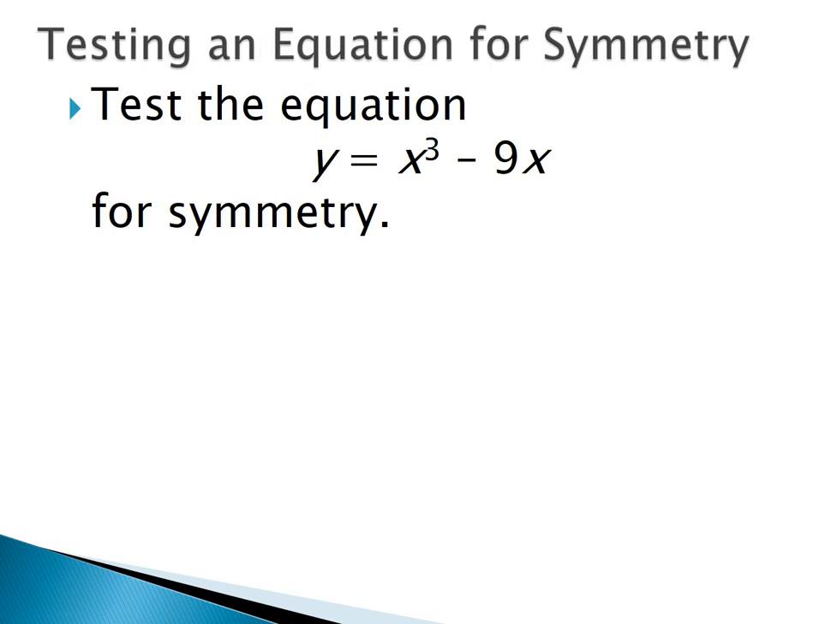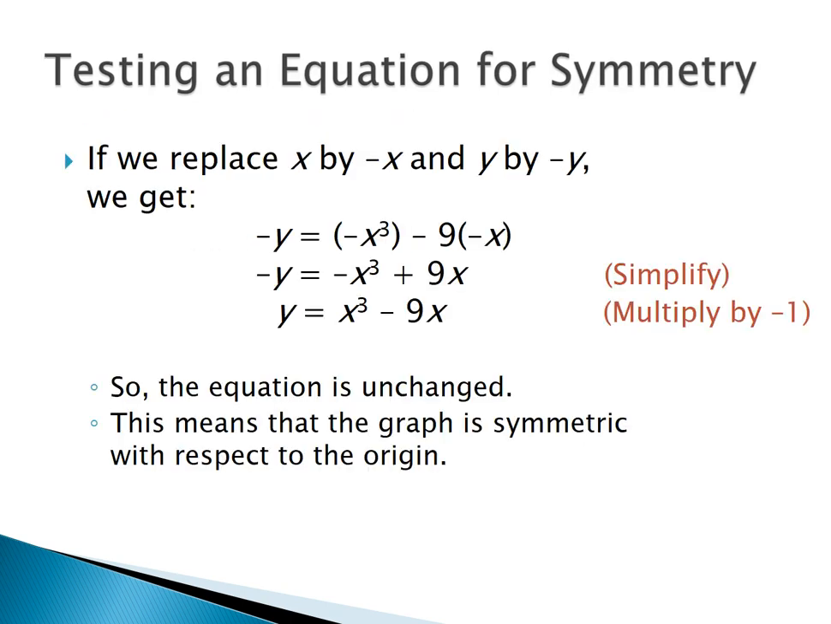Let's do another one. We want to test for symmetry. First thing I'm going to do is plug in a negative x and a negative y. So in this case, if I plug in a negative x and a negative y, work your way through the math here, and you'll see that nothing changed. The negative x got cubed, which made it negative x cubed. The negative x got multiplied by the negative 9, which made it a positive 9. But this is a key step. Notice that